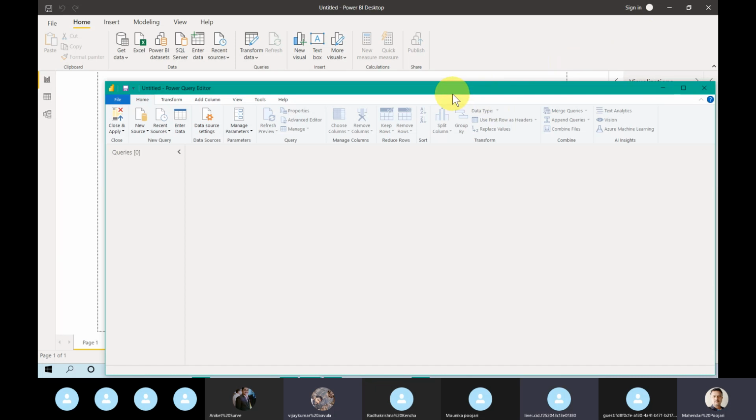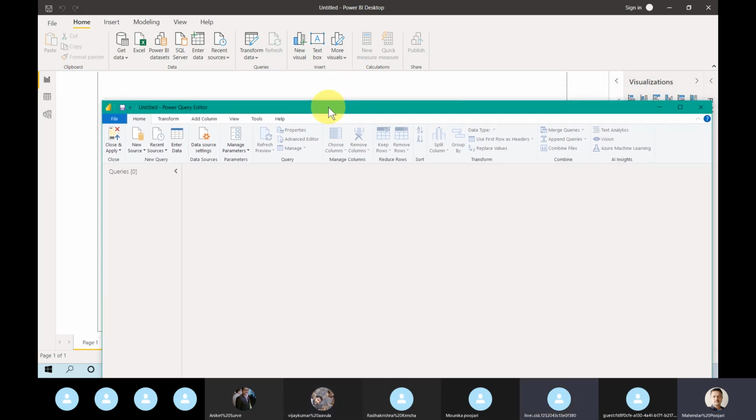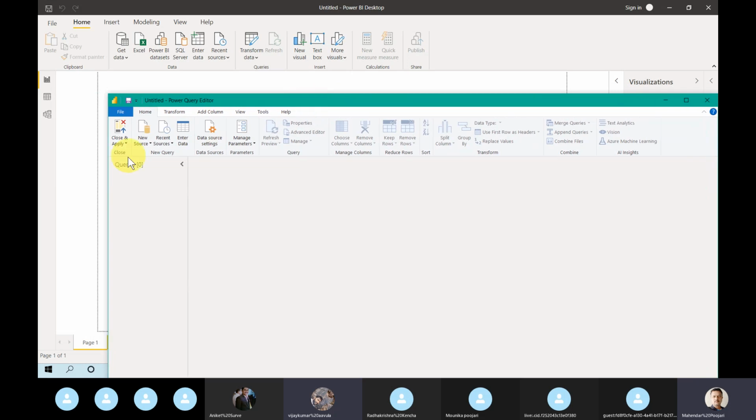Whoever works with Excel, Word, PPT, or Windows in general, to perform one activity there are multiple ways, to give convenience to the end user. If you see, there are New Source and Get Data.